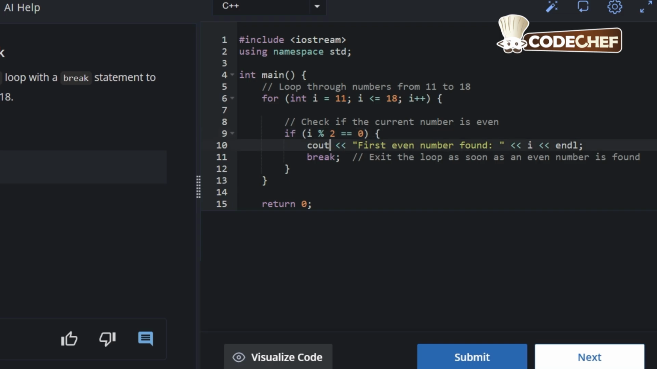cout, extraction operator, in double inverted commas, "First even number found:" and then the value of i for which this condition is true will be printed. That means the first number which is divisible by 2 will be printed. endl, semicolon. Then break. Since we have applied the break statement here,